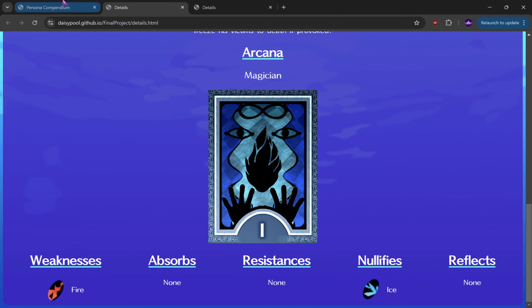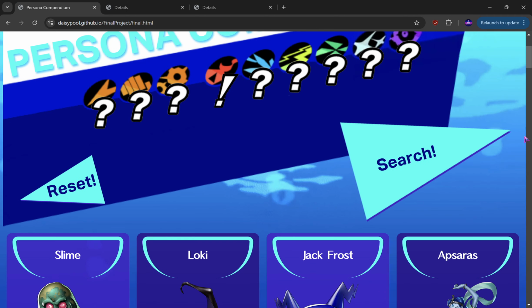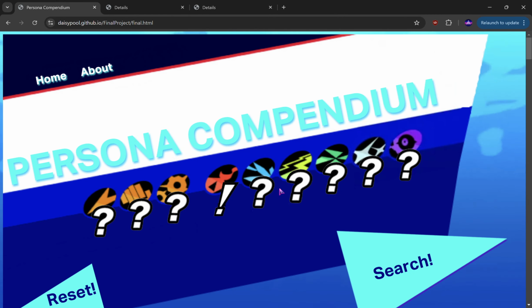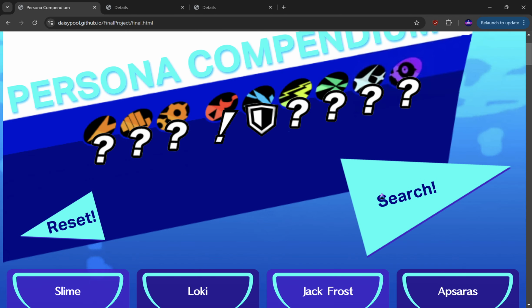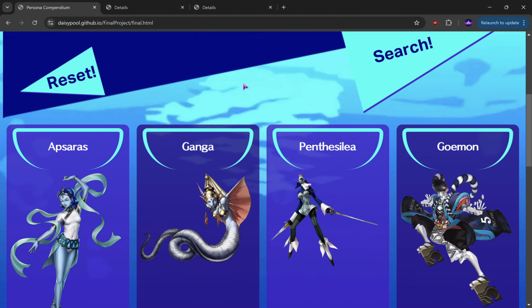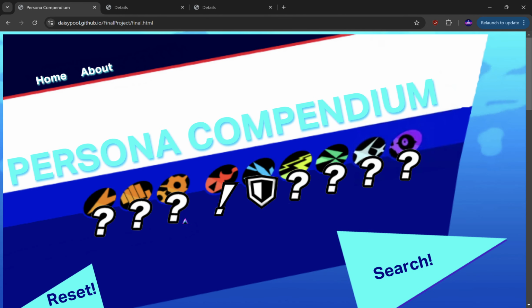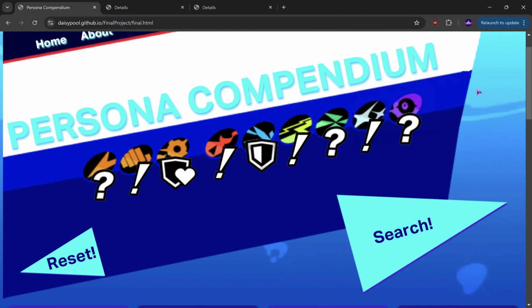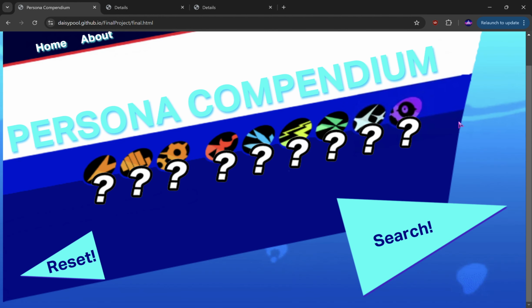And then you can go back here, and there's a few different ways to search again. For example, you could just enter another thing, or switch this one, and press search again, and it will reload everything with the new personas. But an easier way, especially if you have a whole bunch of stuff on here and you don't want to re-click everything to get it exactly how you want, you can just press the handy reset button and it will reset everything back to default, and there'll be no personas down here,